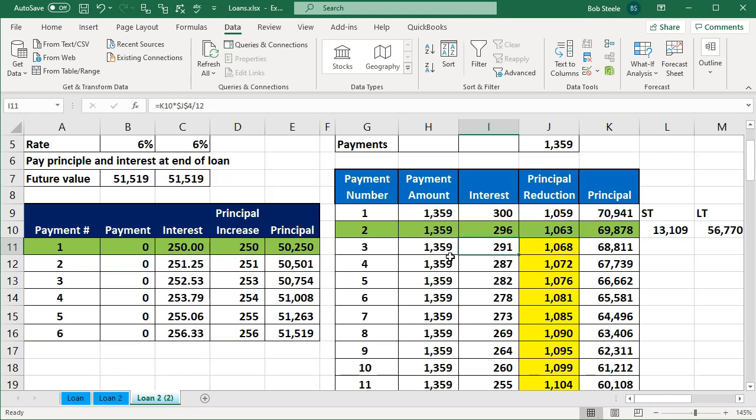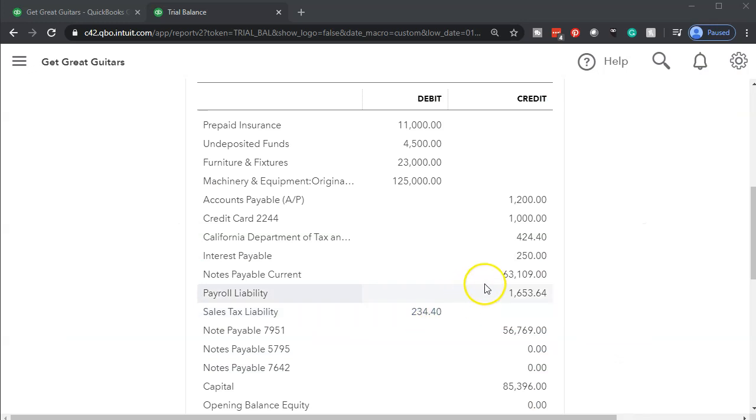So they're going to say, hey, I'm kind of used to that, but what if we had accrued and put on the liability this $291? Well, then they wouldn't be hitting interest expense. They would have to reverse the $291. In other words, to do this properly, the bookkeeper, when they make the actual payment on the loan, would have to reverse the interest payable as part of their recording of it. And for example, on this loan, if they were to pay off the entire $50,000 plus the $250 at the second payment, if they were allowed to do that, then you would think the bookkeeper would probably think that they would